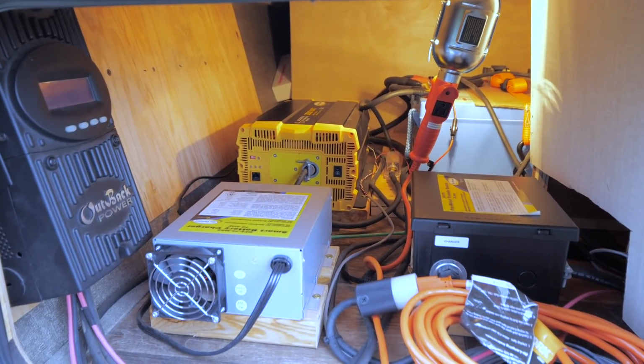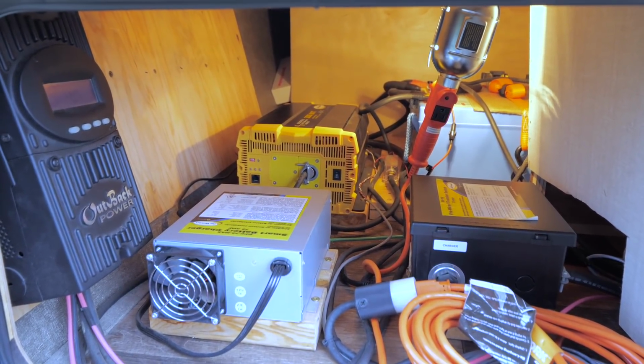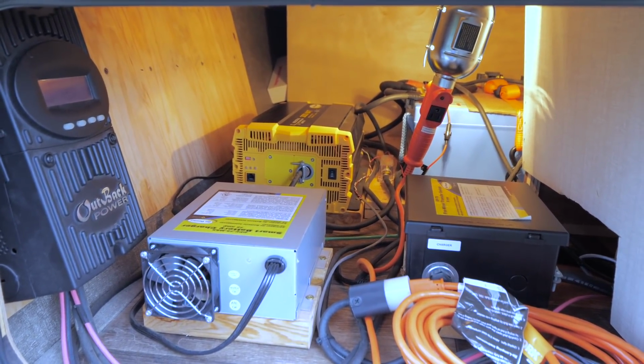It combines the inverter with the converter charger, which converts the 120 AC electricity coming in through your shore power cable down to 12 volt nominal DC to recharge your batteries. And then those inverter chargers also have a steady state transfer switch inside of them as well. Whereas the system that I installed, the inverter, the 3-stage smart converter charger, and the transfer switch are all separate